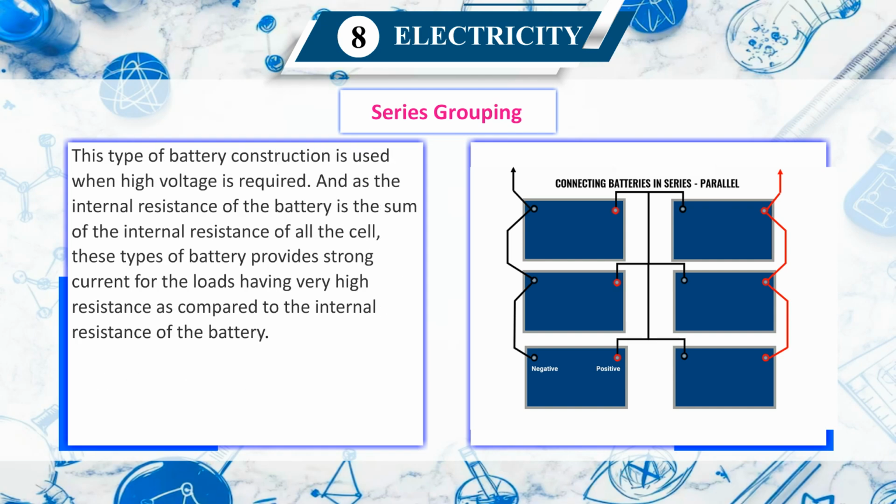This type of battery construction is used when high voltage is required, and as the internal resistance of the battery is the sum of the internal resistances of all the cells, this type of battery provides strong current for loads having very high resistance as compared to the internal resistance